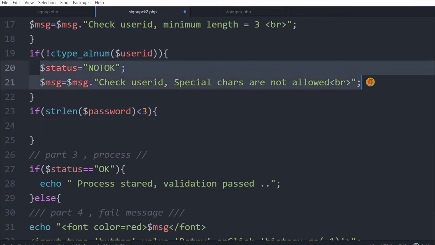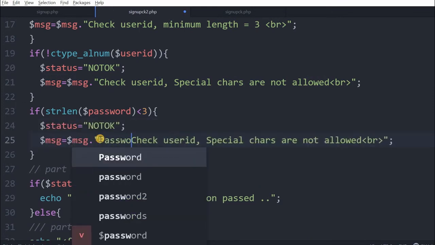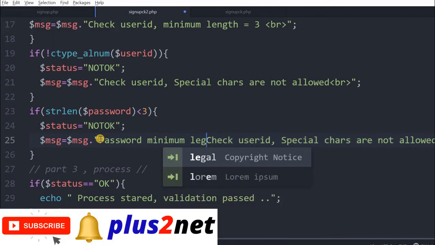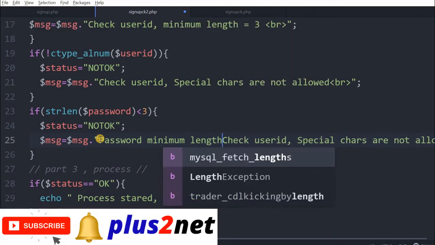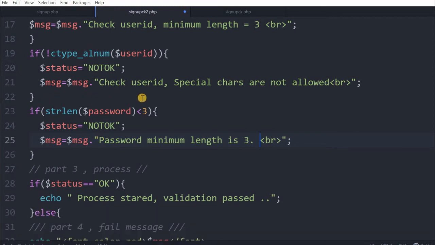We will copy this part and paste it here, and we are telling password minimum length is 3. You can change the length or whatever way you want. You can make it minimum 6, suppose. You can change both the checkings here, it should be 6 and okay. Password length we have checked.